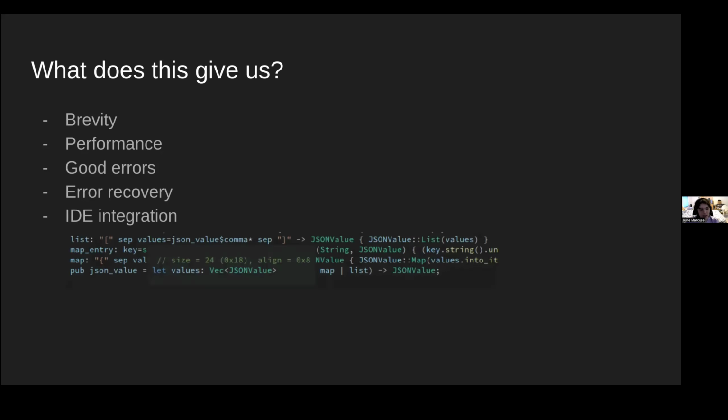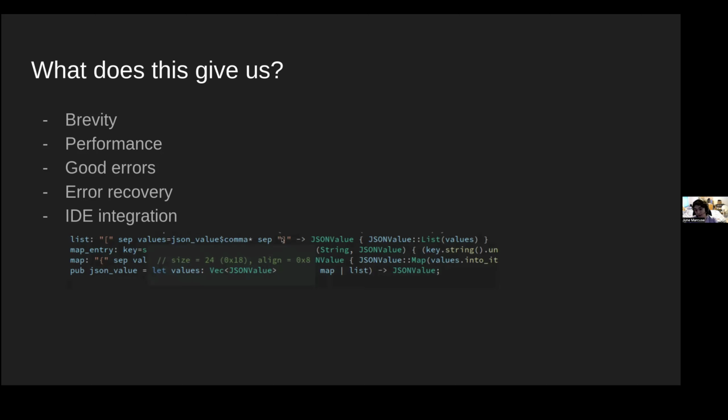And what I mean by IDE integration is that you don't lose the ability to have LSP or something give you this feedback, even within this custom syntax. That's just thanks to how Rust handles macros. But you can see I have this rule list, which is just an opening square bracket, white space, and then it's parsing a list of JSON values separated by commas, white space, and then a closing square bracket.